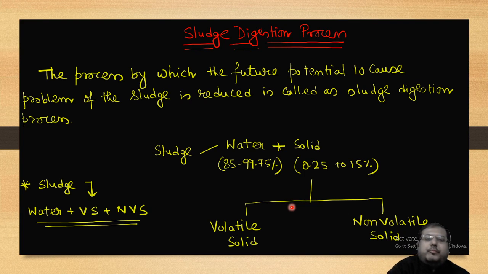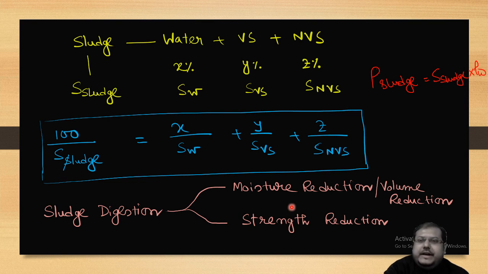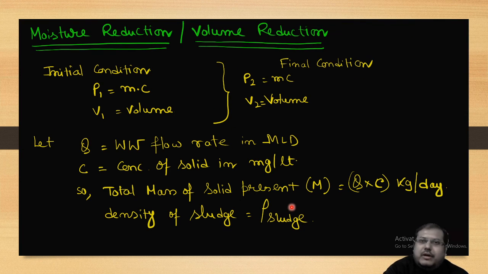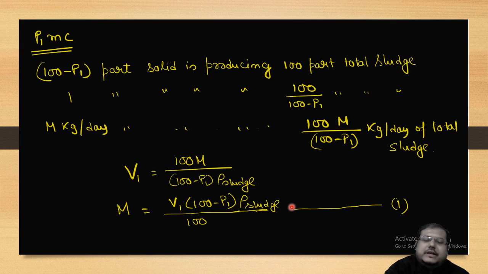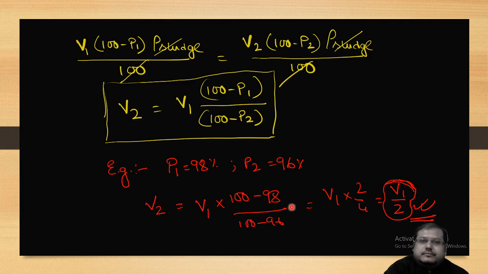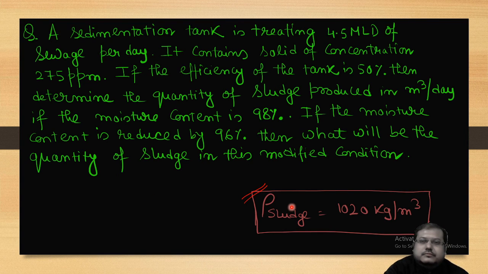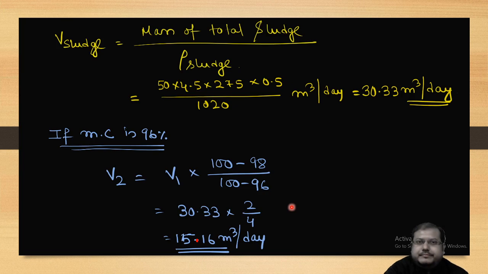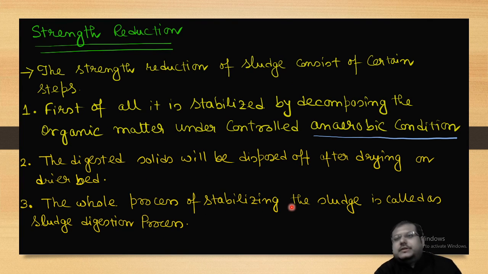Then the components of sludge, then finding out the rho sludge and S sludge, then moisture reduction, strain reduction. What is moisture reduction? Then going for the problem, then strain reduction process